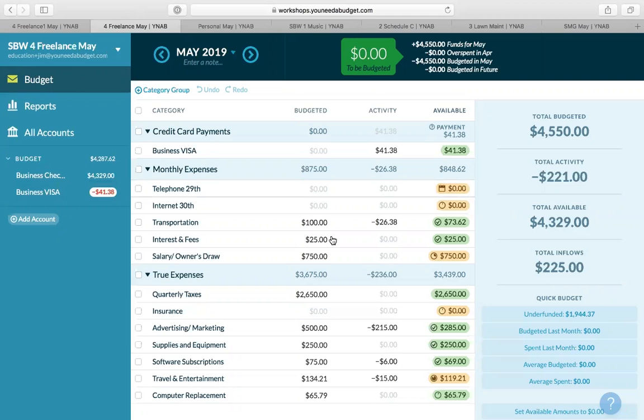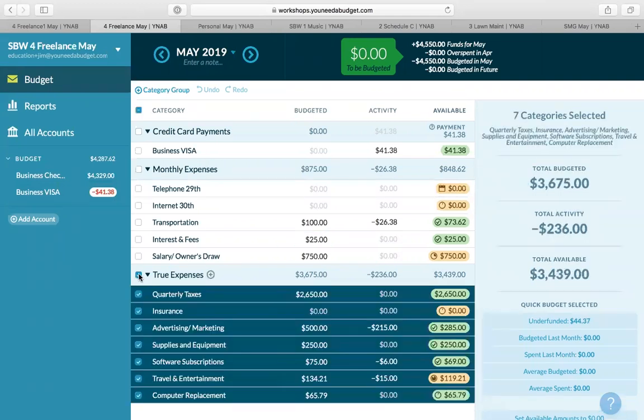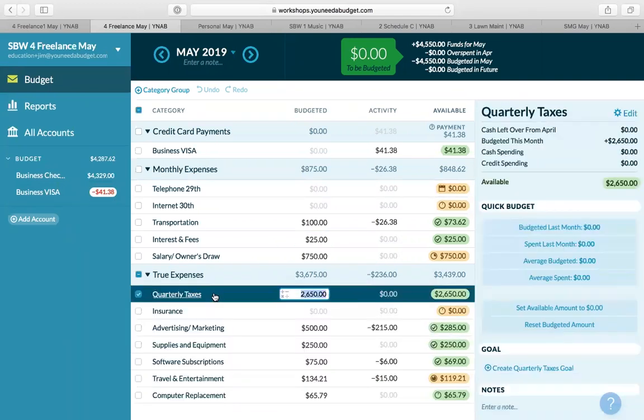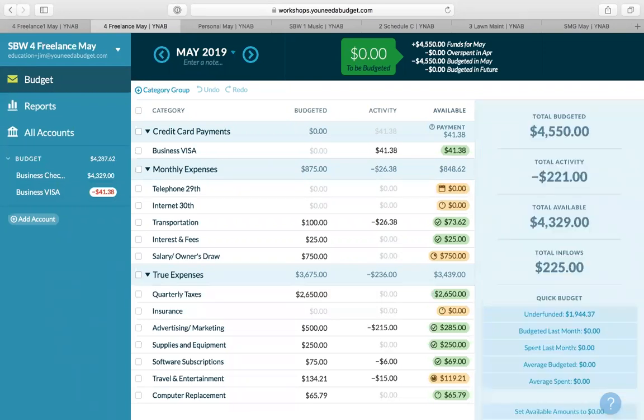Now, you can see I've started saving for my non-monthly expenses, things like my quarterly taxes. I mean, think about how great you're going to feel knowing you're ready for these things when they're due. But let's say I finished a project today for a client. I billed them today, but I'm actually not going to see that money for a couple of weeks. So I'm going to enter that invoice as a scheduled transaction.